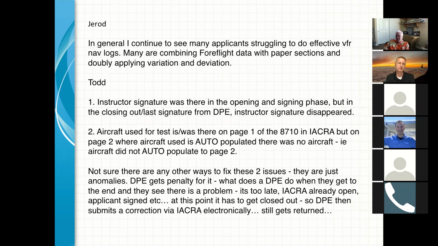It's all 172. So the important thing for anyone that's not familiar with this discussion is that whatever we put in DMS matches what's in IACRA when we close out and sign at the end of the test. If those are different, our managing specialist gets an email, and that is very irritating. So make sure they match. Since I'm not that familiar with it, when you show up for the check ride, you have to change the DMS to reflect the actual model of airplane you're flying.